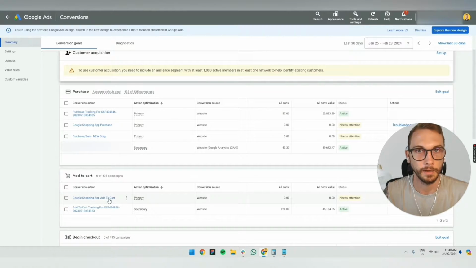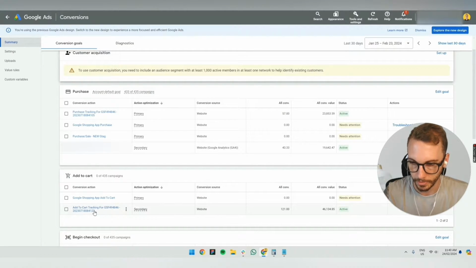Like an add to cart, you and I would agree that that is not a revenue producing activity in and of itself, right? You could argue, yes, it is, but in the fact that it's not a transaction, that's what I'm getting at. This is an e-commerce store that we're looking at. So the main thing we want is conversions through revenue. Okay, so with this said, I would probably agree to set this as a secondary,